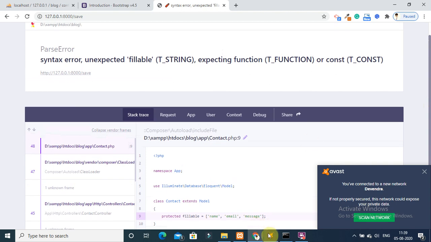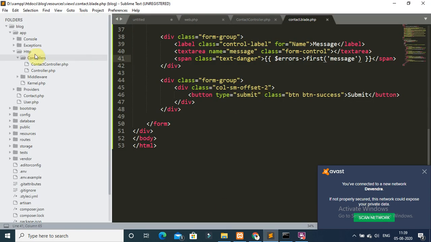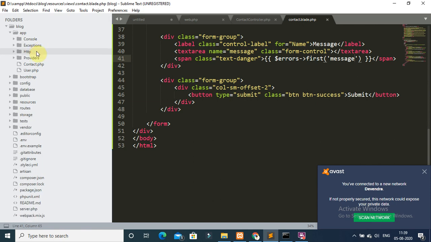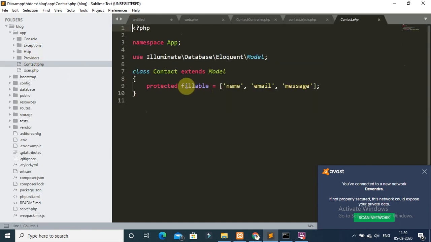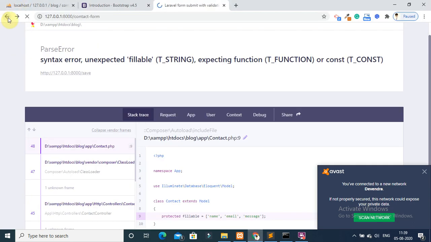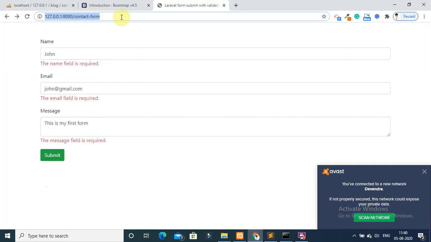Go to your Contact model file and add protected $fillable with the field names. Now back to your contact form and submit again with the fields.